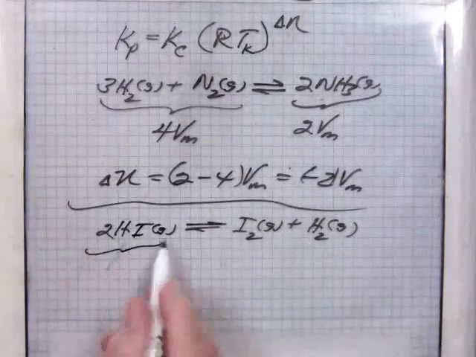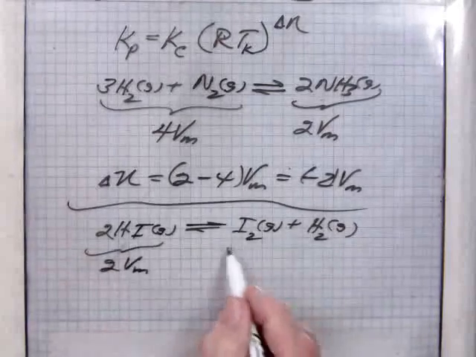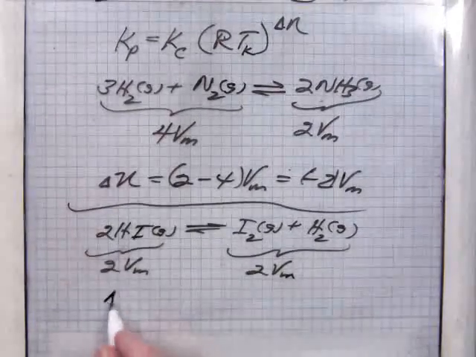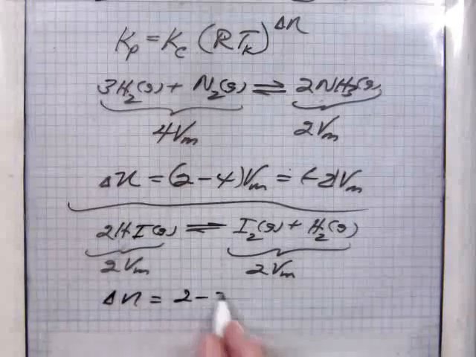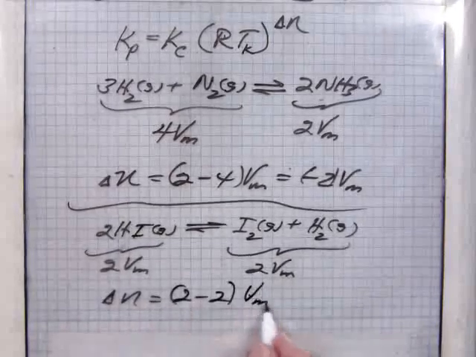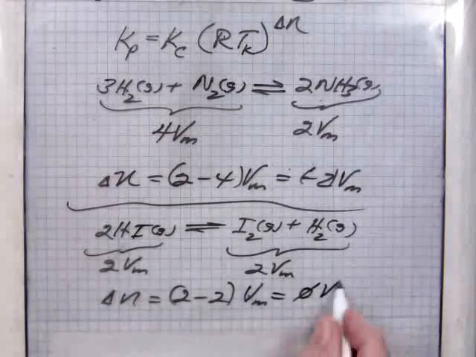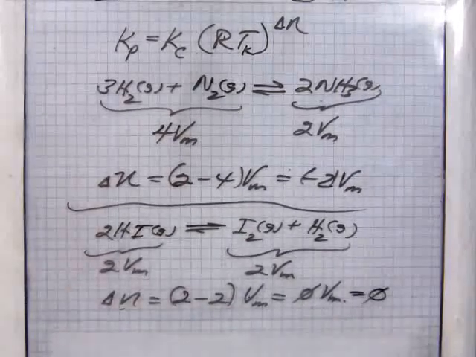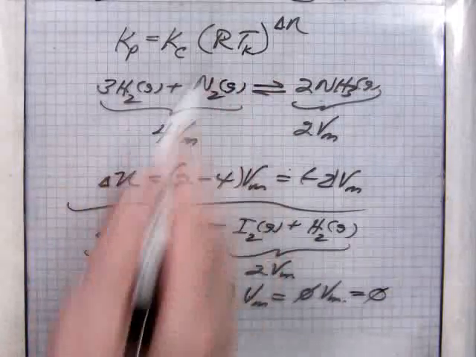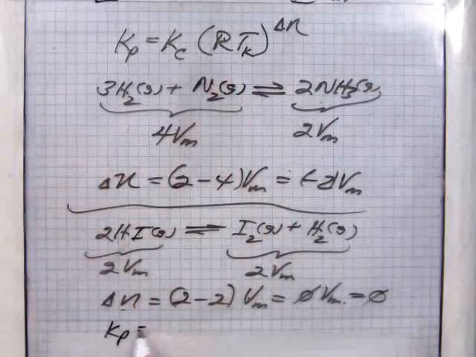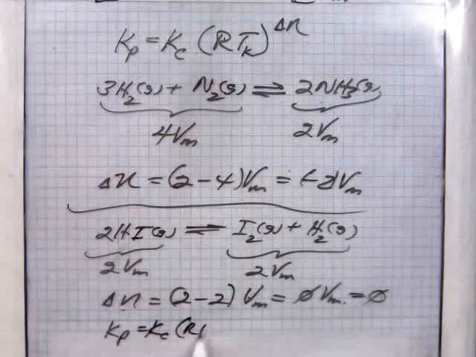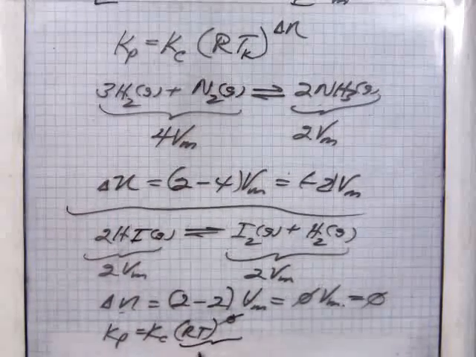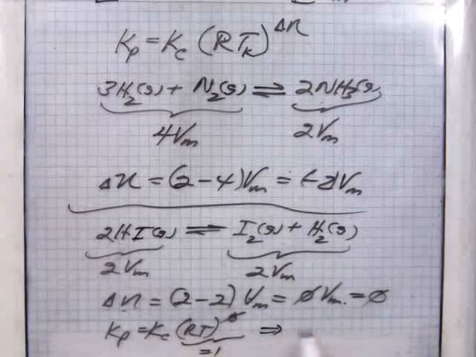Since this is 2 molar volumes and the products are 2 molar volumes, then delta N equals 2 minus 2 molar volumes, or 0 molar volumes. And so N becomes 0 in the expression here. So Kp equals Kc (RT) to the 0 power, which of course makes this term equal 1, and then Kp